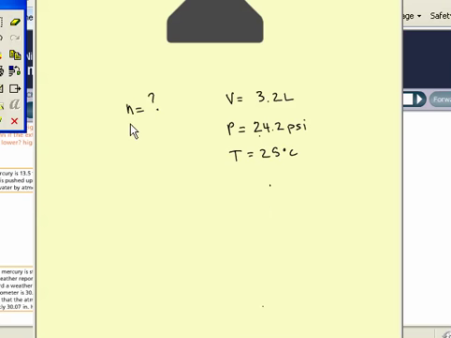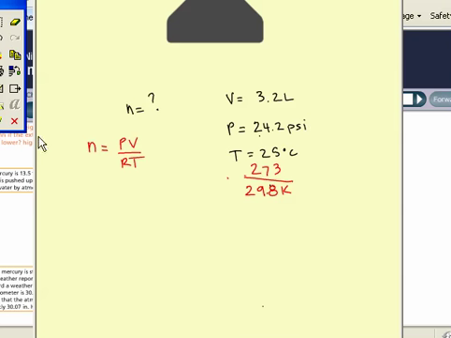Okay, so the first thing that I do is I write out what I am given. And when I do that, I see that the problem is asking me to solve for n. It gives me a volume, a pressure, and a temperature. Now, I know that my temperature has to be changed to Kelvin. So I'm going to add 273 to it, and I'm going to get 298 Kelvin. Now, my liters are okay, but my PSI is not, because I'm going to use the ideal gas law to solve for this. n equals PV over RT, and my pressure units must be in